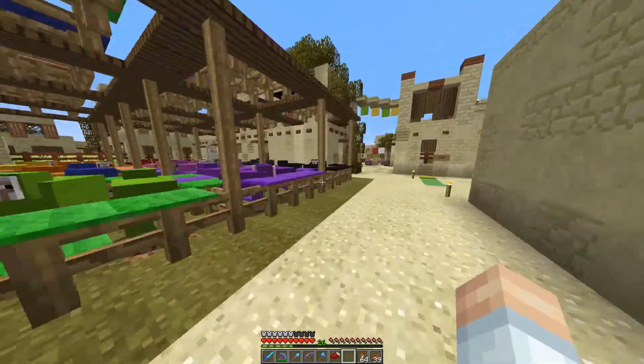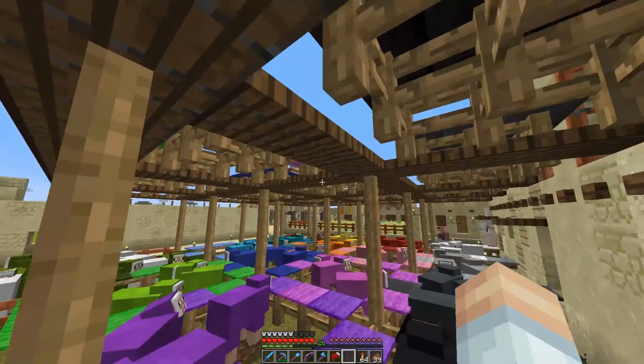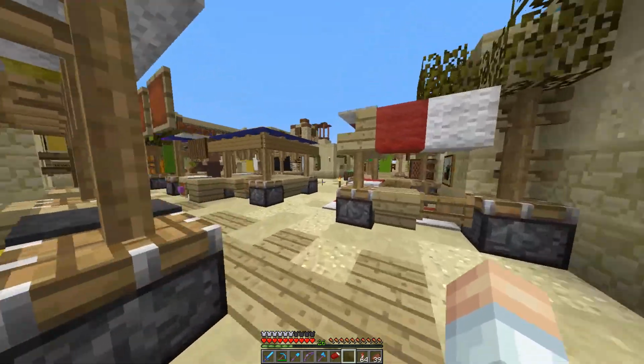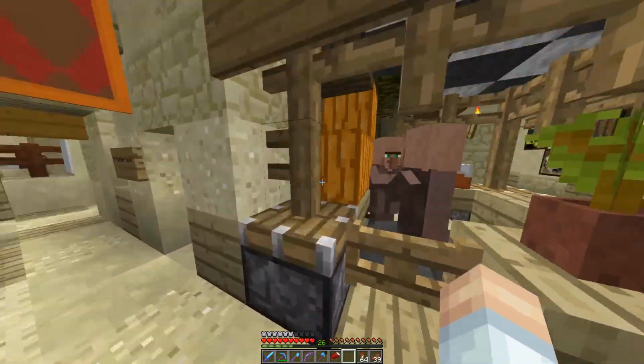We've got a wool farm. And if you look from up top, you'll see all the different wool colors. It looks really cool on the overviewer map. I'm sorry you guys don't get to see that, but we've got a bunch of villagers here to trade with,